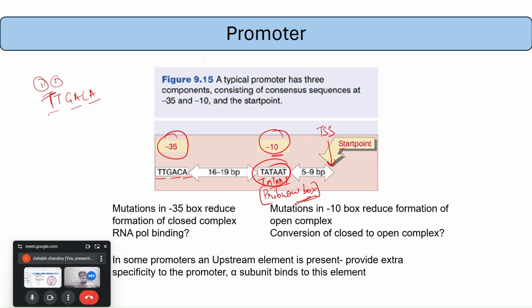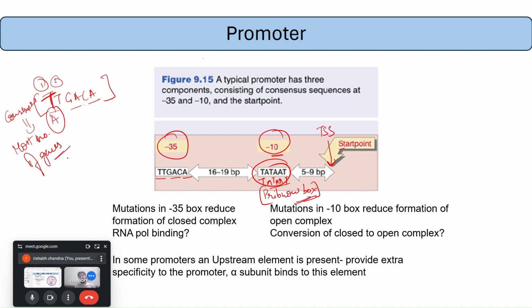There might be differences in some of the genes where A is present or like that, but in most of the genes this T is present, followed by these particular bases. So consensus sequence is based on the most number of genes